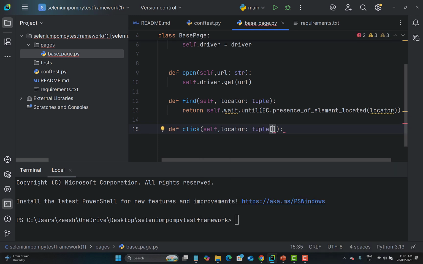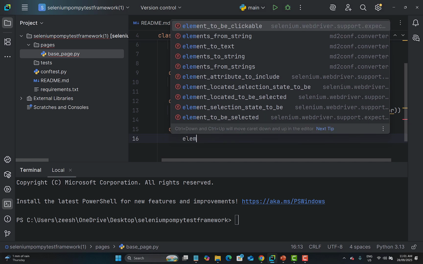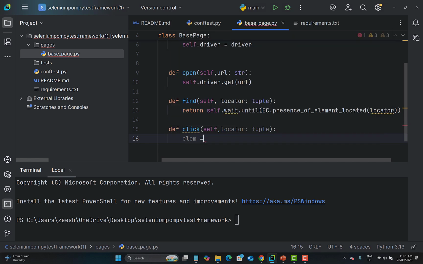And again, it's a tuple. And here I need the element to be clickable. For that, I need that element, right? So basically this method will click on the web element. Again, I will be using the wait condition so that it will wait for that element and then click on it, right? So here, let me take a variable, element equals to